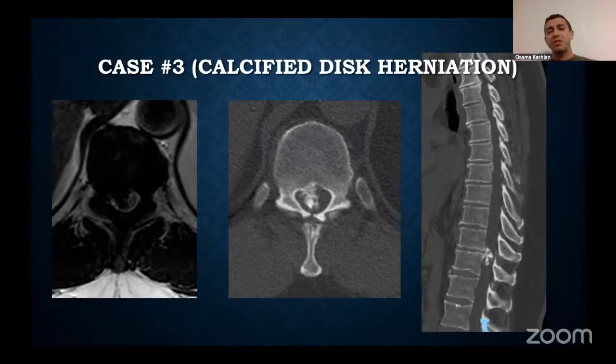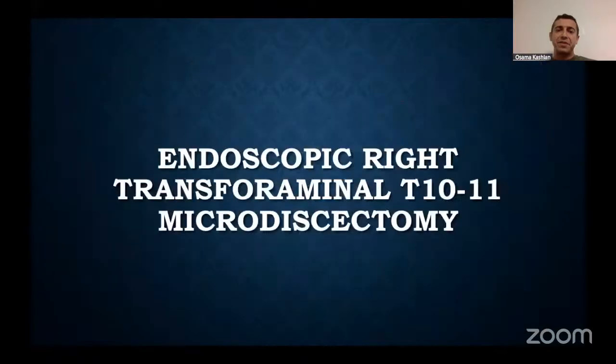And for all these patients, I tell them, I'm going to try to do the endoscope. It might not work. If it doesn't work, you didn't burn any bridges, as long as you didn't injure the patient. You can always go back and do the thoracotomy. You can always go back and do the transpedicular approach. So really, I tell them worst case scenario, I just loosen this up a little bit for the big surgery. Best case scenario, I get it all out and you're done. And this one here, we did a right-sided approach because the disc is more towards the right.